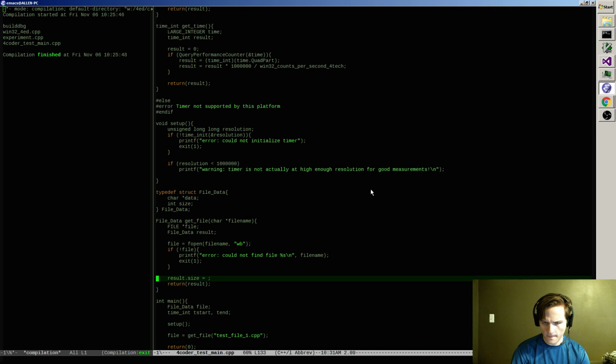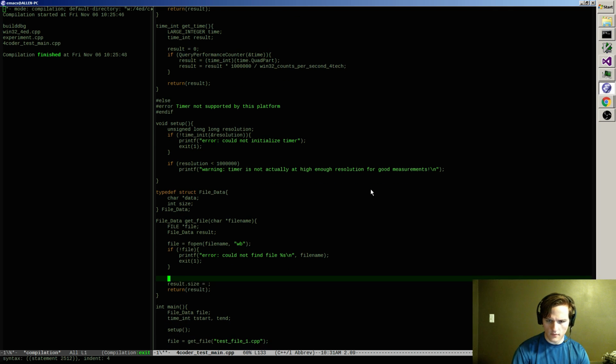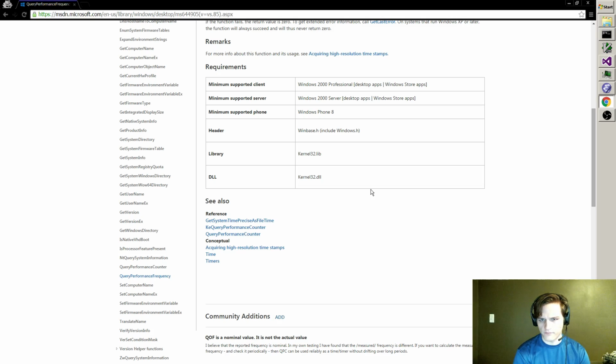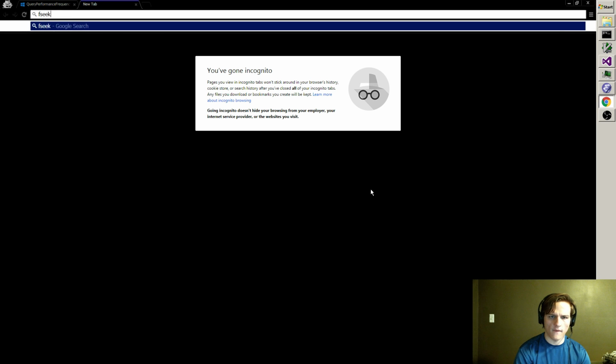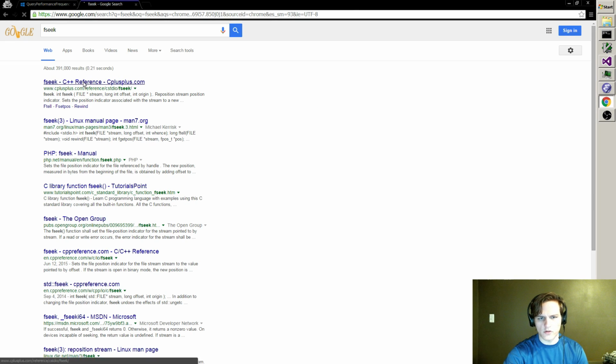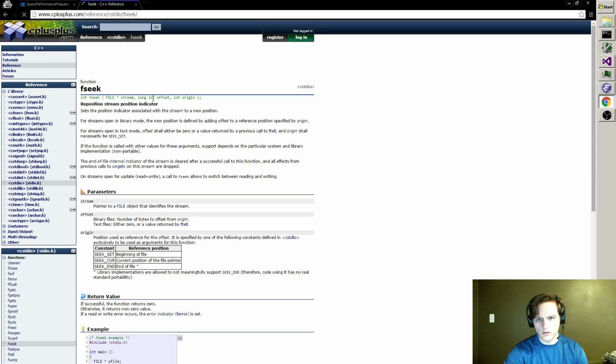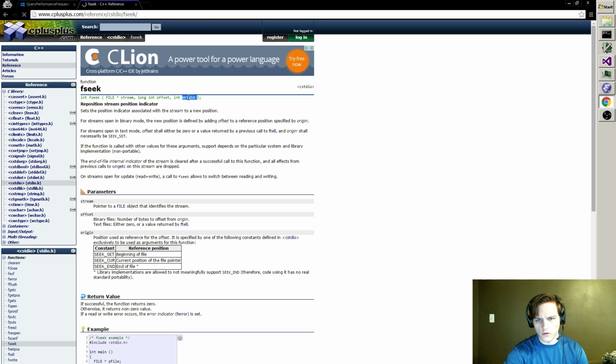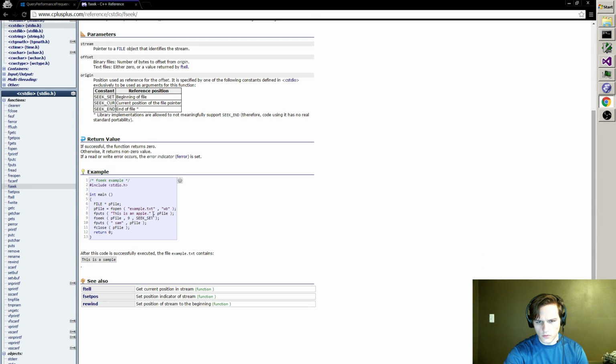Okay. Then I need to do some fseek stuff, which I always screw up. Fseek, I can't remember which parameter comes first and which comes second, or which comes second and third. Like, I know the first one is the file, but I don't remember after that if I need offset or origin. So seek set goes last. Okay.